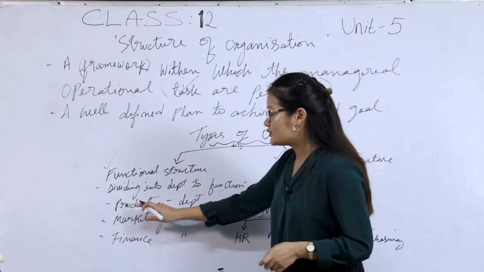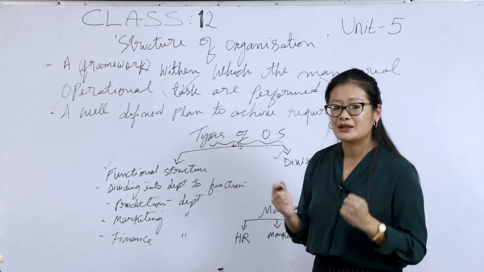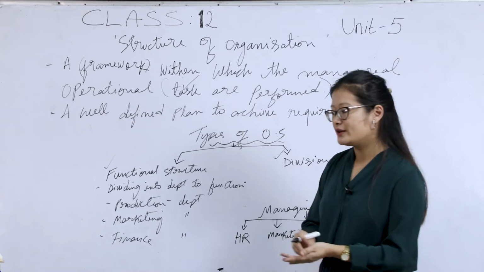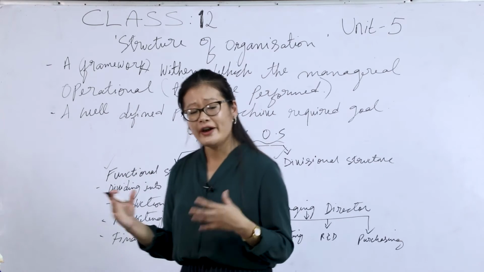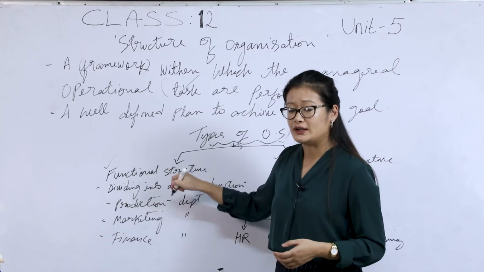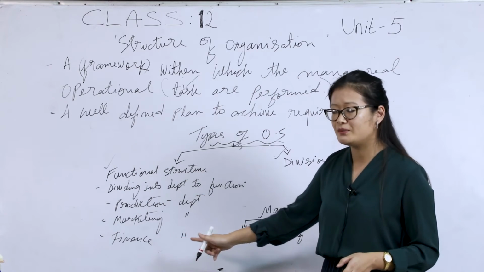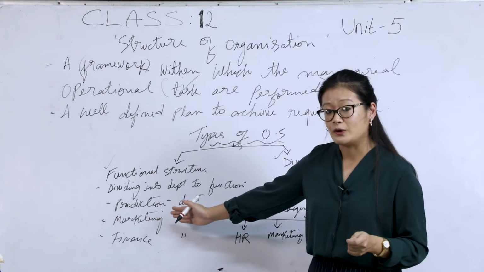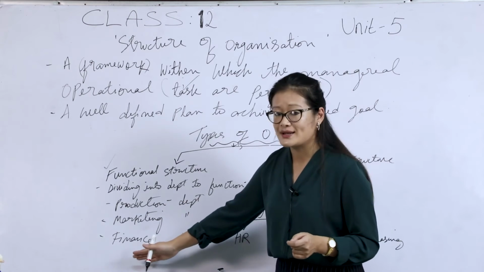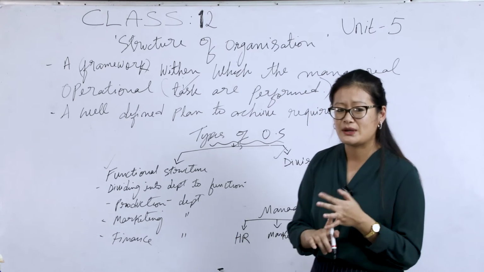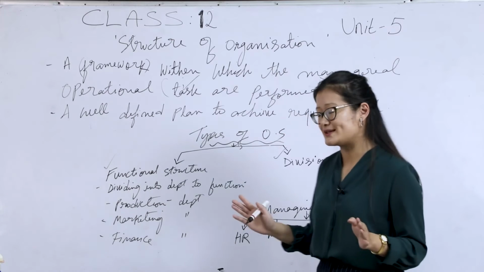So under this production department, their job is very simple. They'll produce the goods, right? They'll produce varieties of goods under their department only. Same thing with the marketing team. They will do the advertisement and the sales by their department only, okay? Likewise, the finance department deals with cash, capital, all those expenditure, income, and all those things.